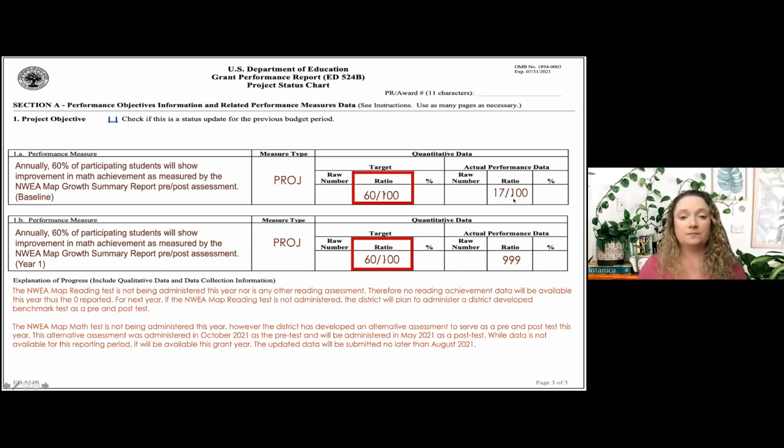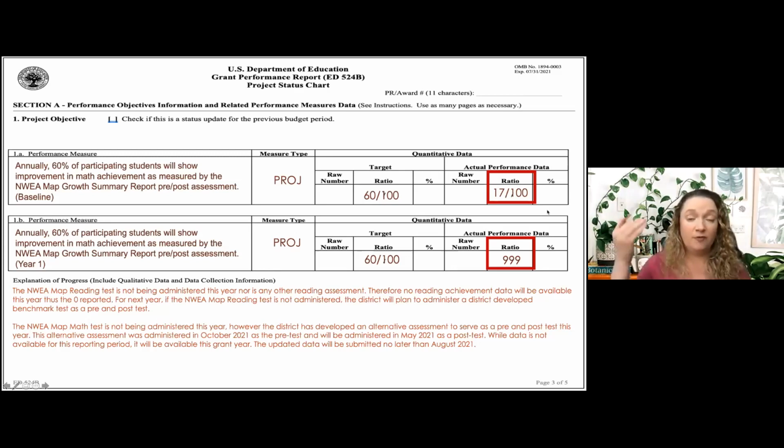Next, you're going to do your actual performance. For my fake grantee, at baseline, before implementing the ACE grant, only 17% of my students were making improvement each year in math.